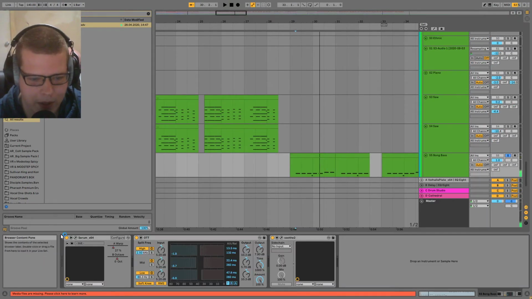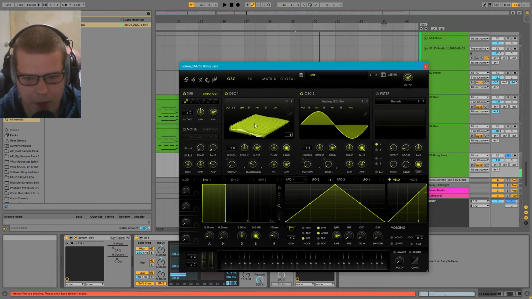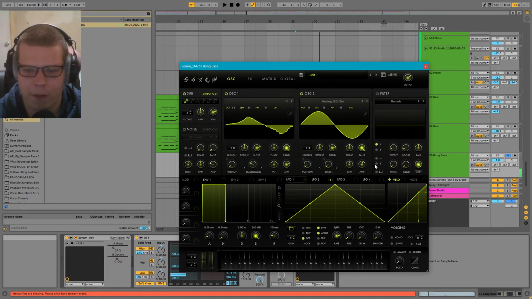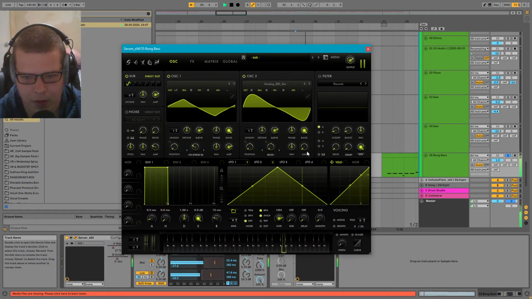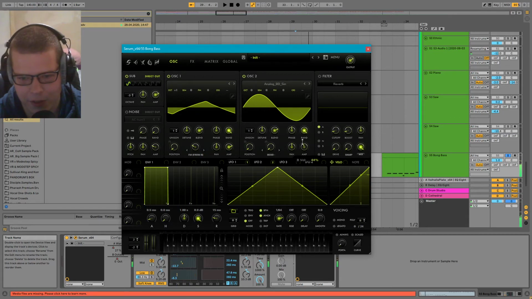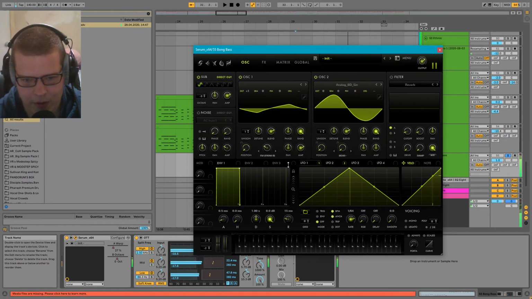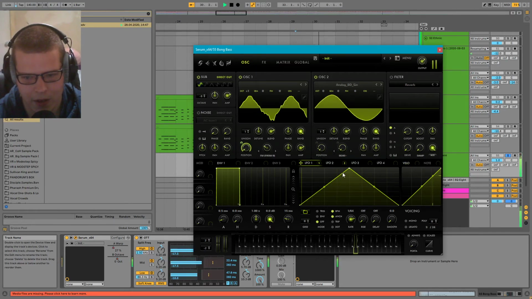I love this bass. That's just some random sample. Sine again. Again, I'm doing FM from B, but I also have B outputting audio. That is definitely essential to the sound. And then on this, I've got a very fast LFO.